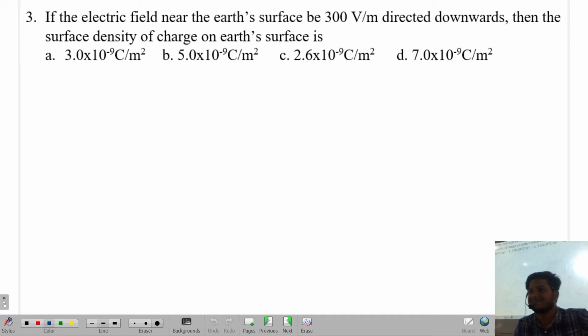Solve this question. If the electric field near the earth's surface is 300 volts per meter directed downwards, the surface density of charge on earth's surface is? Tell me how you have calculated. Sigma by